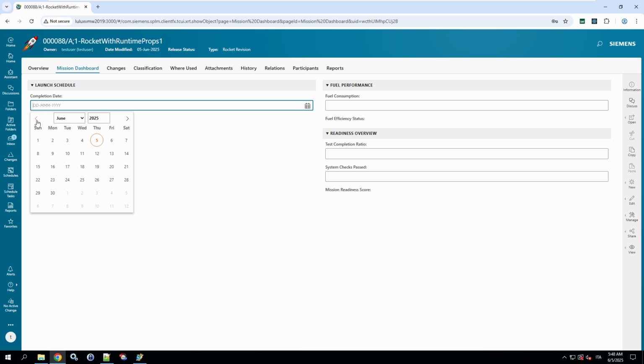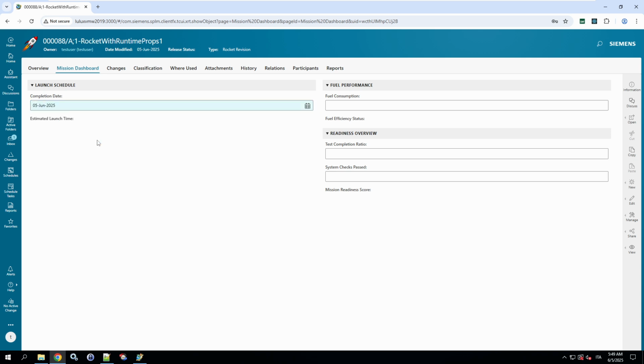Completion date to today, June 5th, 2025. Fuel consumption to 150.67, test completion ratio to 20.50, and system checks passed to 20.